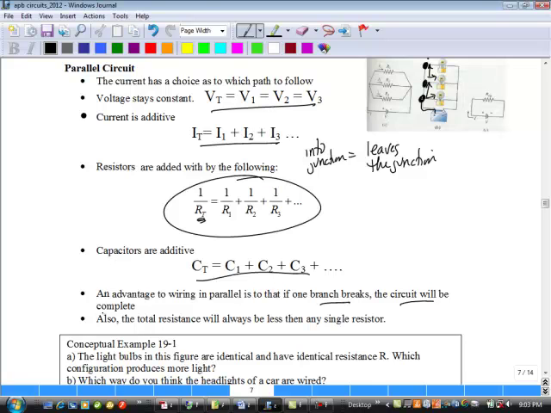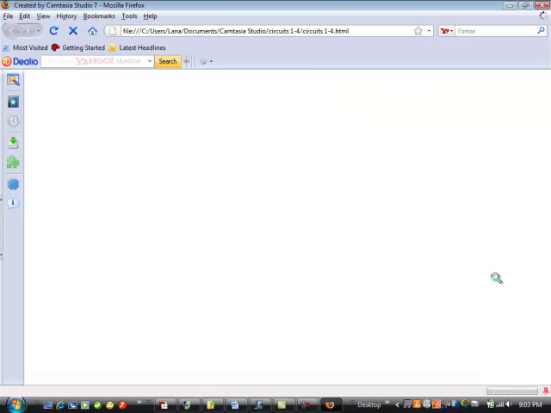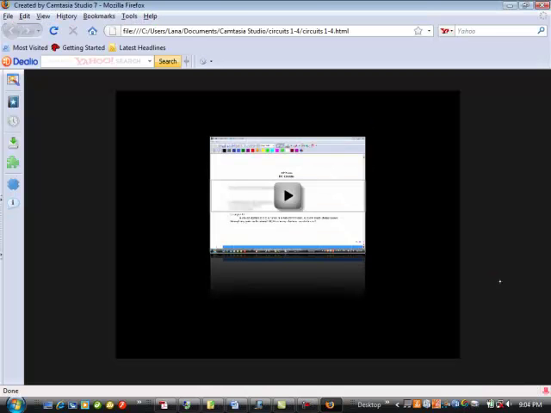This last little sentence is very important. Make sure you realize if we're calculating the total resistance, it will always be less than any single one resistor. And that becomes very important. If the total resistance is going to go down, and we have power equal to V squared over R,